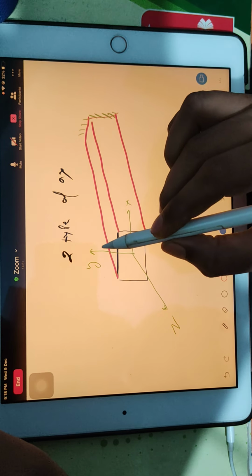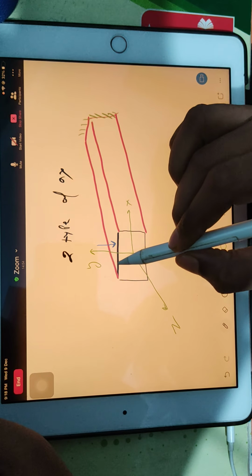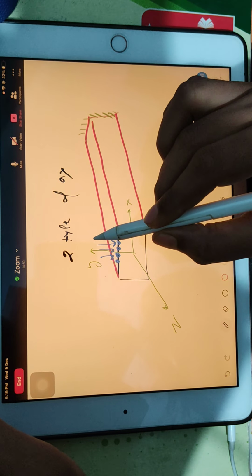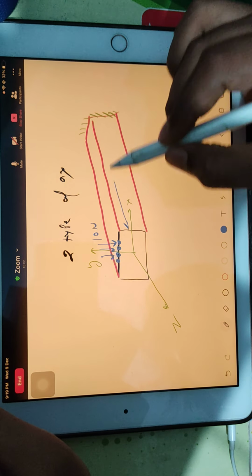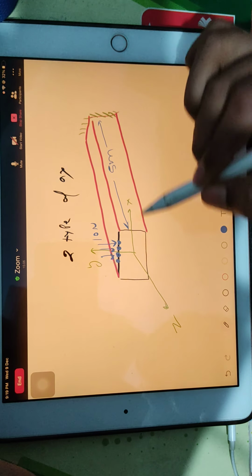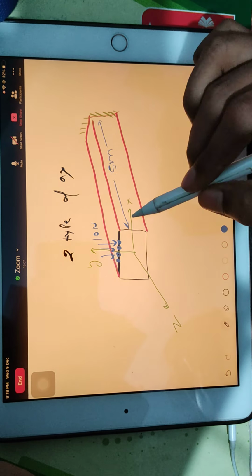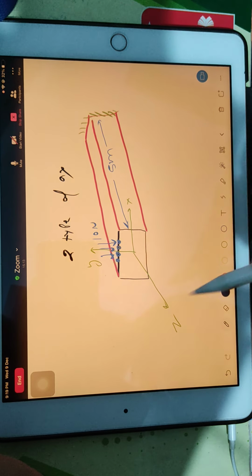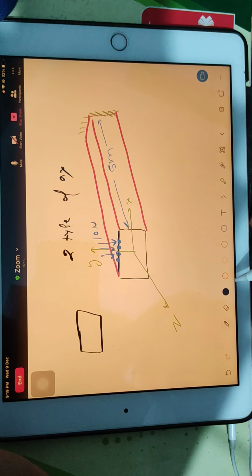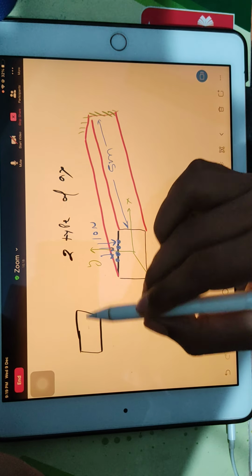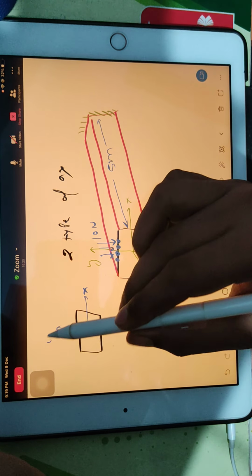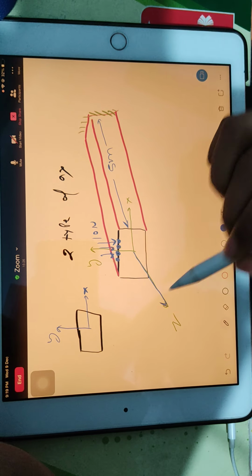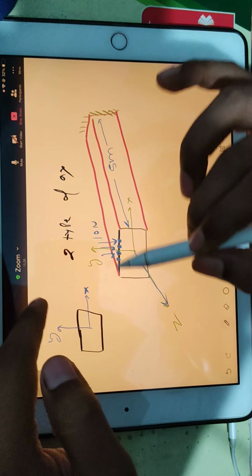You are going to apply load here. Means this plate will be loaded by some load. Suppose the total load you can consider as 10 Newton and the length of the beam you consider as 5 meter. So in some books, the same question they can give just by giving this cross section. They can show you that this is your x-axis and this is your y-axis. But in this 2D diagram, you can't show z-axis. So z-axis is along the length. So they will write in the sentence that z-axis is along the length.